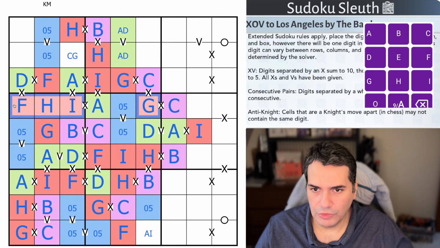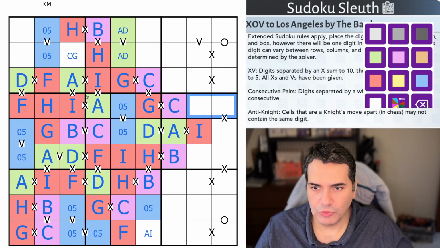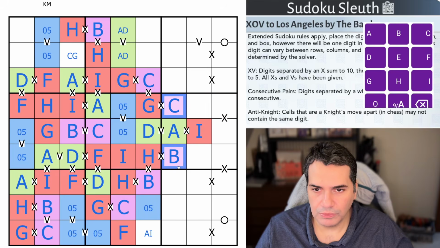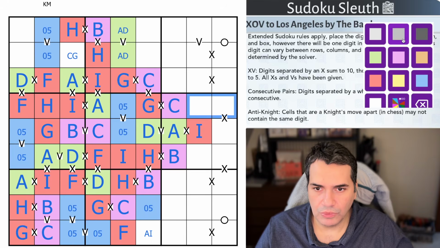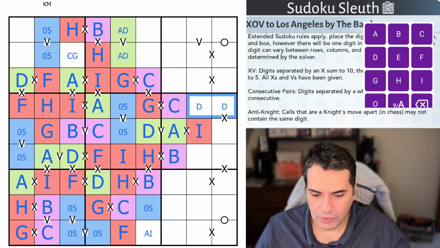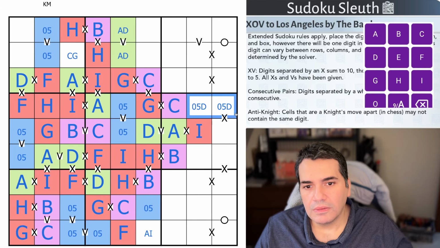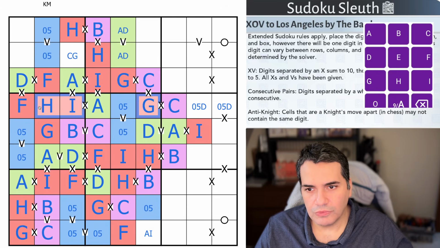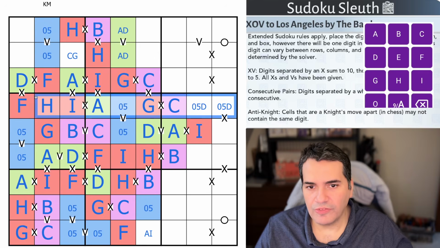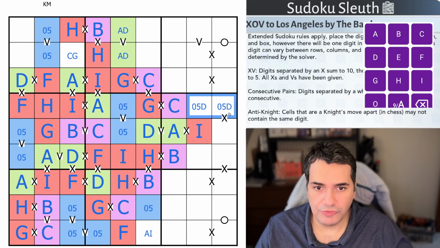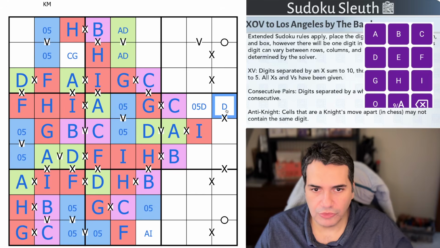Now I've placed all of the low digits, so these 2 cells have to be, sorry, all of the high digits. So these 2 cells are essentially the colored blue, green, or purple. Well, it's not purple, but it could be blue or green. So this could be D or 0, 5. Hang on, I'm missing something. I've done all 4 high letters. I don't have B in this row, so it is exactly 0, 5, D. Now 0, 5 doesn't work, we've established on this, so this has to be D. This is F. And this is not D. Red,